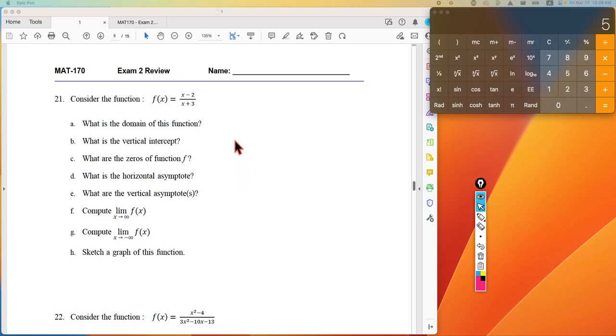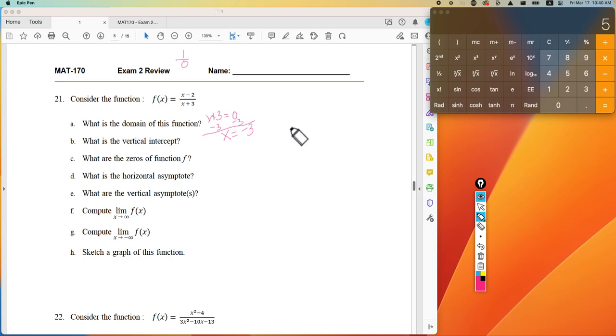For question 21, we're going to be asked these questions about this rational function. So what is the domain of the function? Well, this function exists everywhere except, remember, with rational functions, the one thing we can't have happen is we can't divide by 0. So what would cause division by 0? Well, when x plus 3 is equal to 0, we get division by 0, right? So we solve for this, subtract 3 from both sides, and we get that when x equals -3, the rational